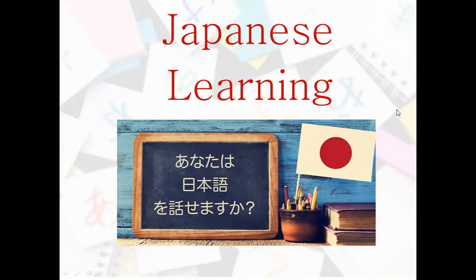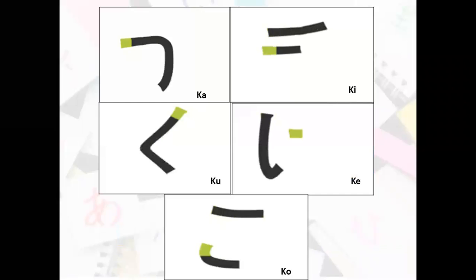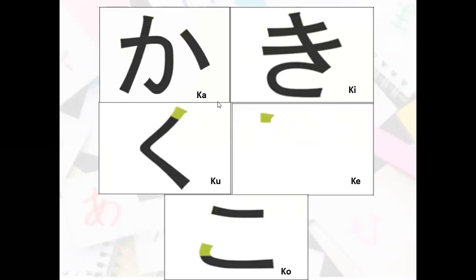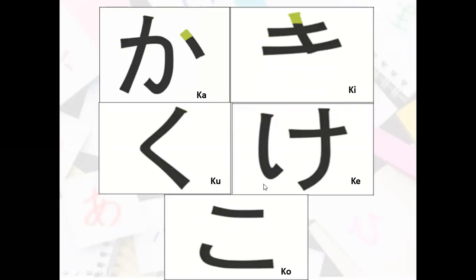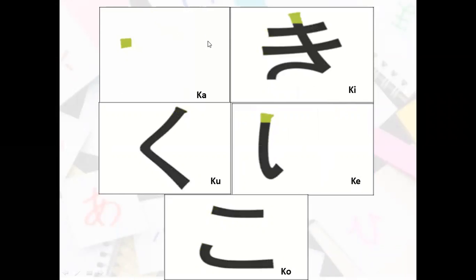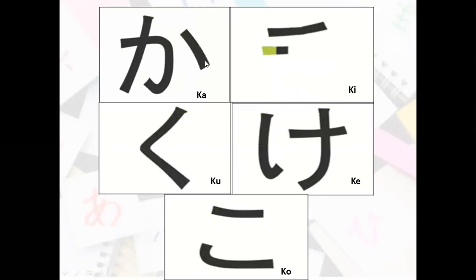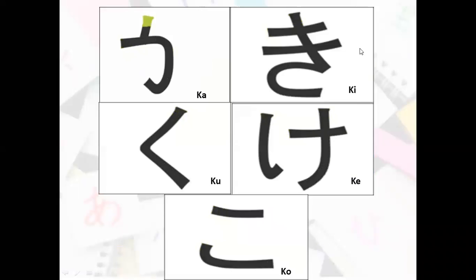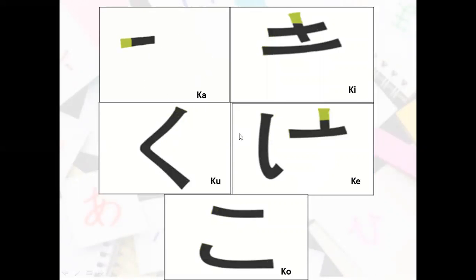In the previous video, we saw 5 hiragana alphabets: A, I, U, E, O. Now in today's session, we are going to see 5 more hiragana alphabets. So let us begin. The 5 alphabets for today's session are Ka, Ki, Ku, Ke, Ko. Also, each alphabet is known as kana in Japanese. So these are the 5 kana that we are going to learn today.